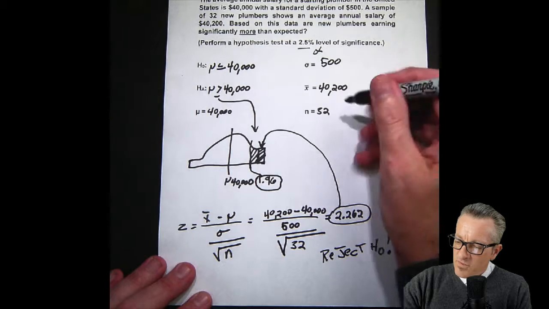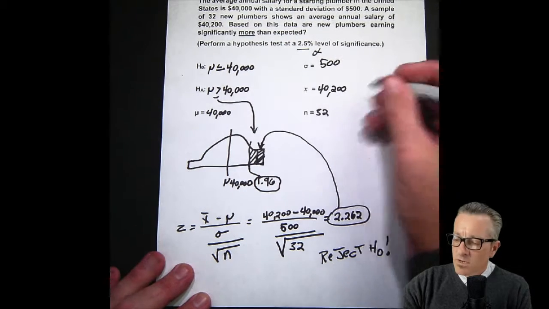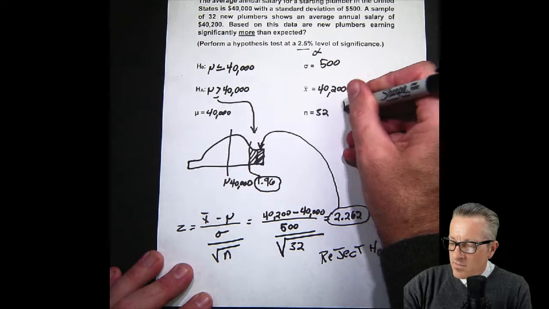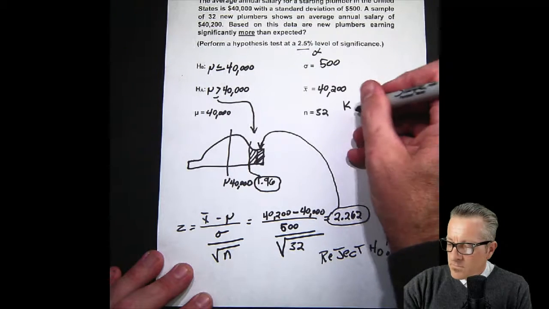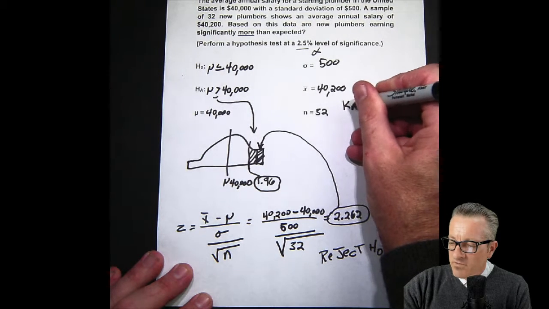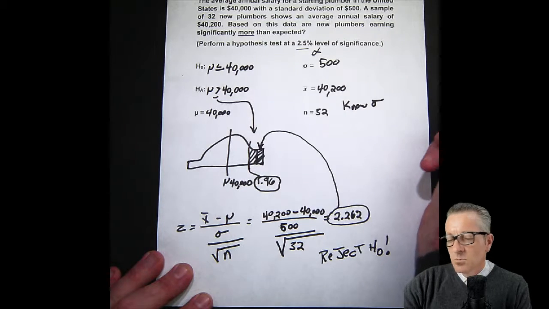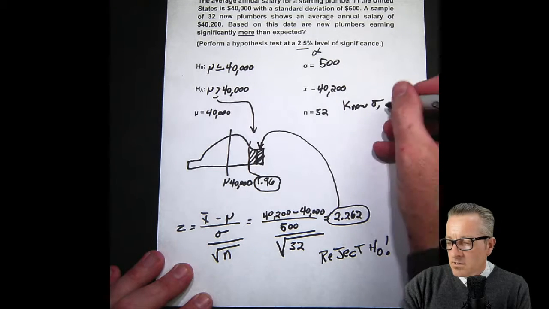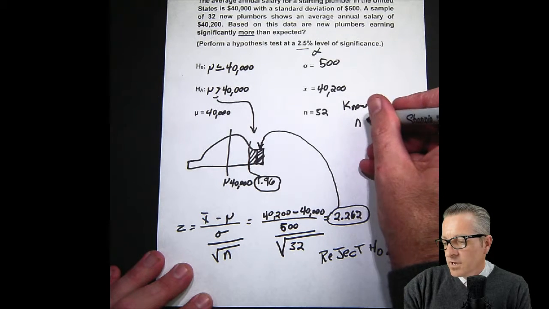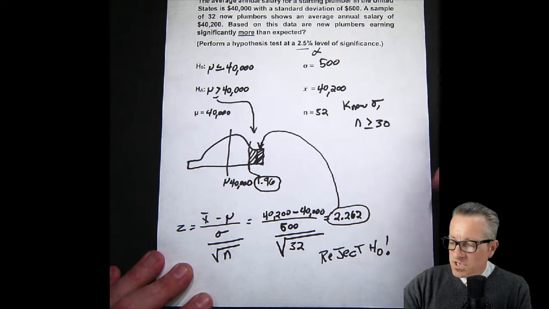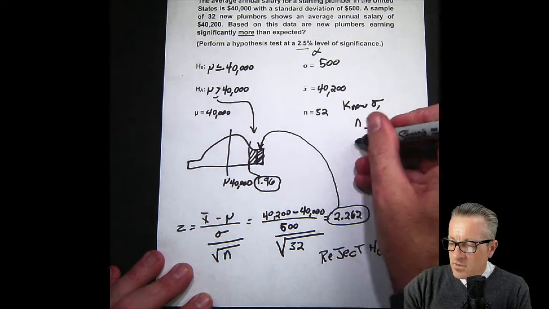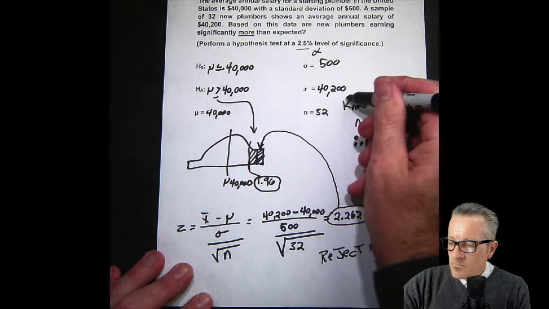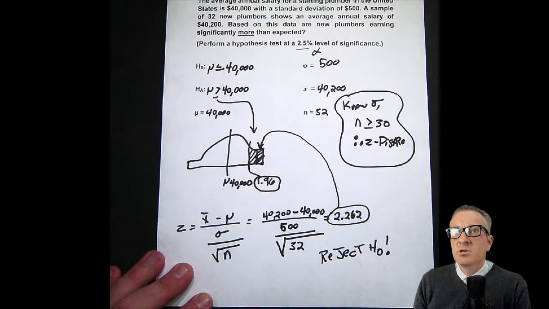Let me make sure that I got everything covered. Oh, and one thing that I usually do that I skipped real quick was how we determine which distribution we're going to use. I think I mentioned it, but if we have a known sigma, that's one key with the z distribution, and then our n is greater or equal to 30, which makes us really inclined on using the z distribution. It's a gimme using the z for that.